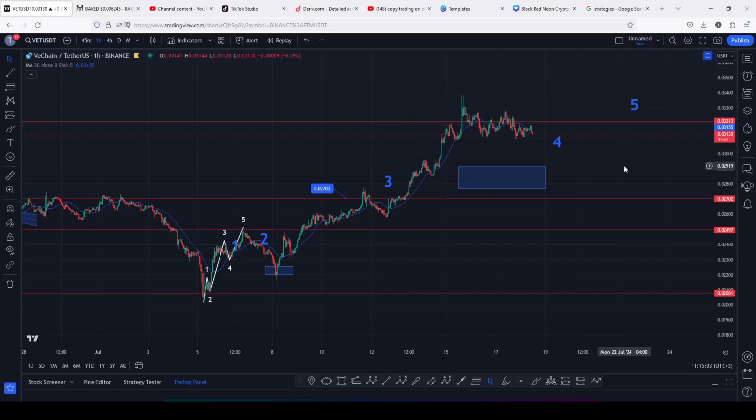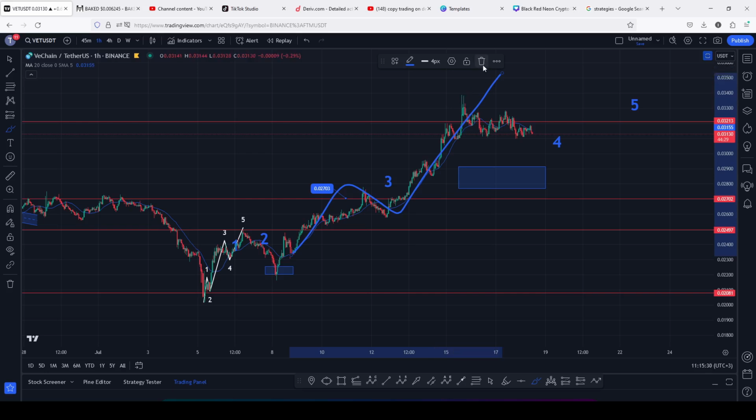Vechain at the time of this recording is seeing a bit of a breakdown move after losing a significant key area of support at the 0.03212. We have also lost the 20-day MA here on the 1-hour chart, flipping it back into resistance. And all this is playing out after we saw an aggressive bounce to the upside in a move that gave us a high above the